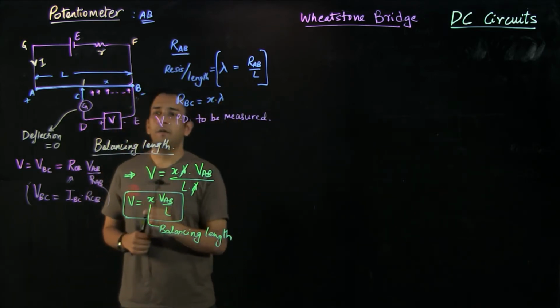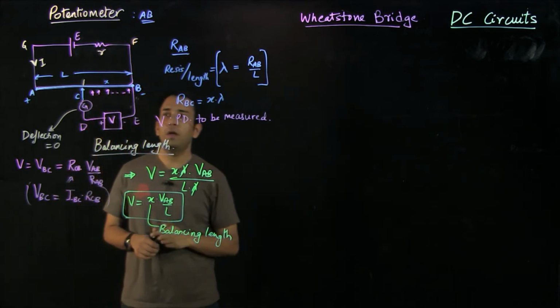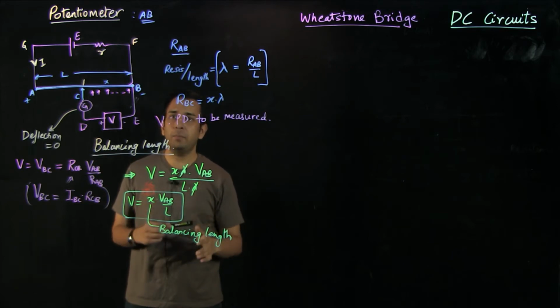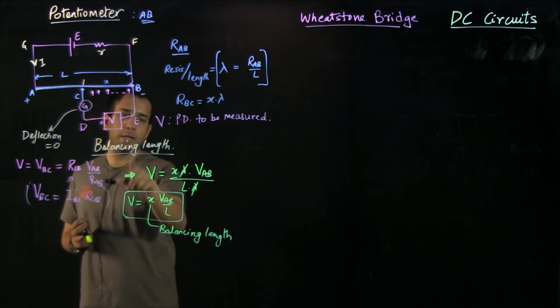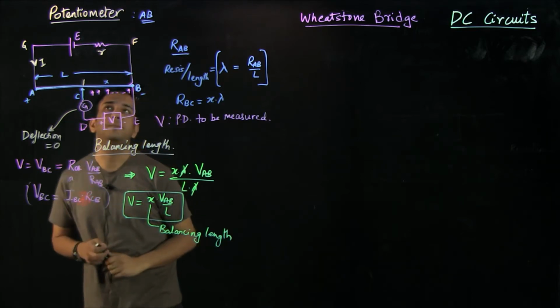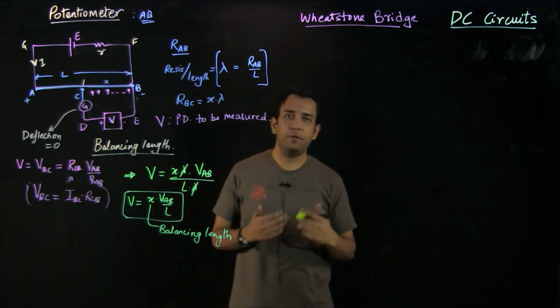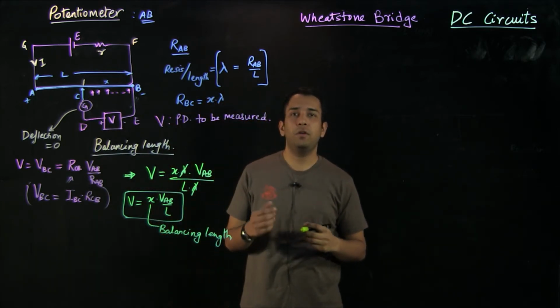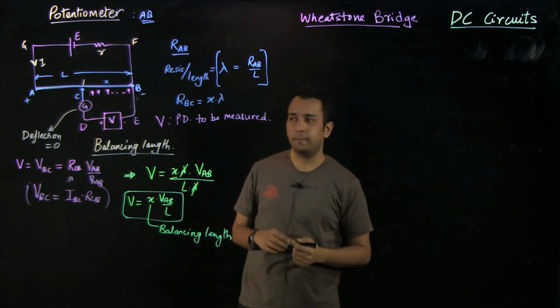and at one point in between we will find that the deflection in the galvanometer comes out to be 0. That point is referred to as the balancing point, and the length of the potentiometer associated with that point is known as the balancing length. Because we know the balancing length X, we can find the unknown potential difference through this formula. The potentiometer device can also be used in different configurations for measurement of the unknown EMF of a cell or the unknown internal resistance of a cell.